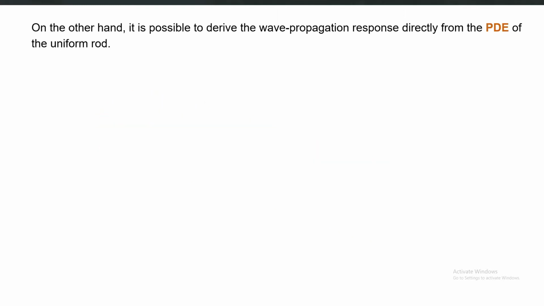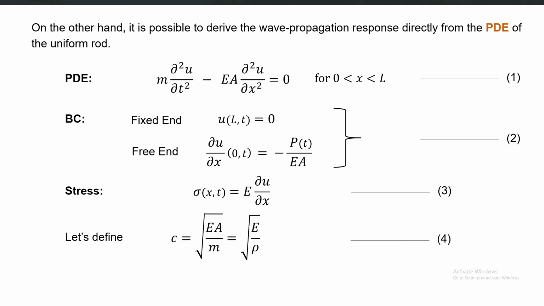So, coming back to the same example of the axial vibration of a rod, one approach was to use the classical modal analysis, where you try to solve the governing equation of motion using the idea of mode shapes. You first calculate the mode shapes and natural frequencies, and then you describe the response as a summation or superposition of different modes or modal responses.